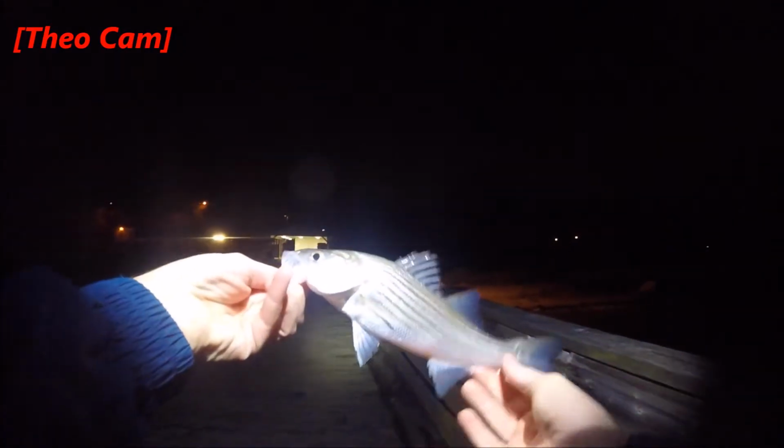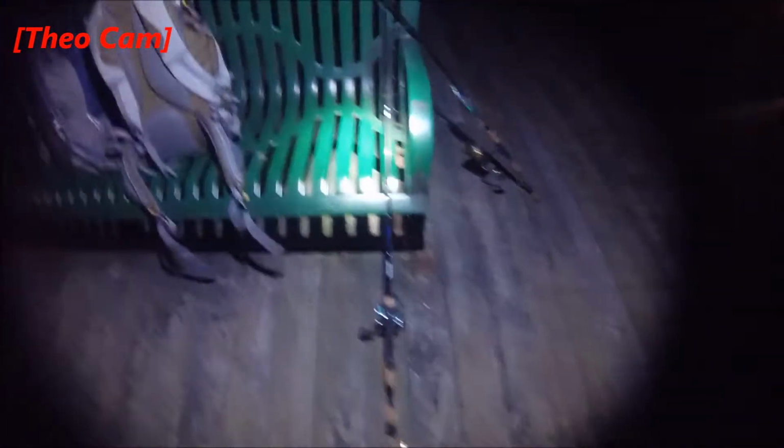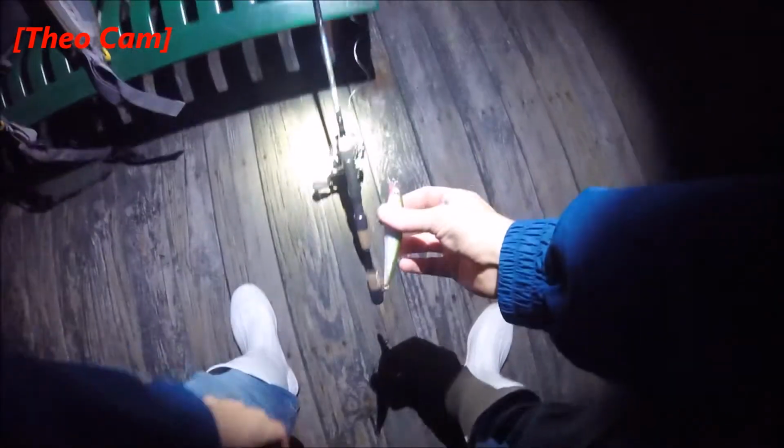Alright guys, so I'm out here at an undisclosed location. Me and Richard are fishing for rockfish off this undisclosed pier. And I just broke the ice with the first fish. Fishing a little X-Rap. Tide's moving. Well, not really. So, the weird part about this area,